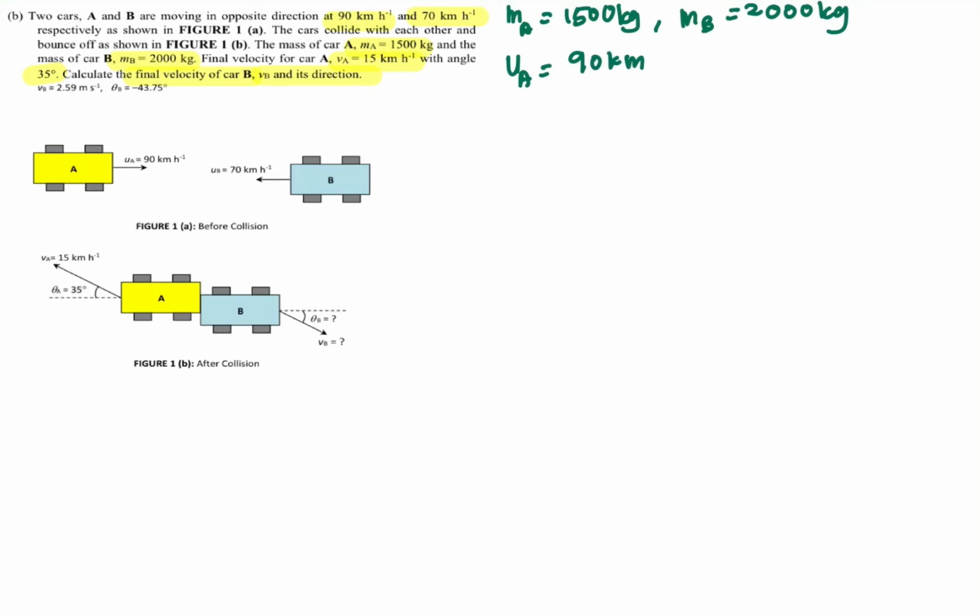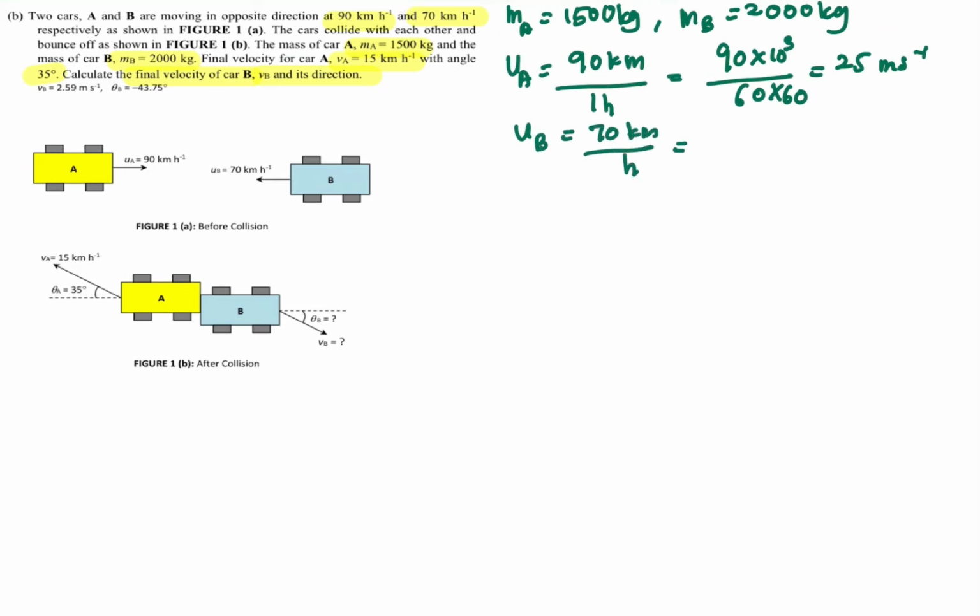What you get here is 90 times 10 to the power of 3 over 60 times 60, where you get 25 meters per second. And for UB will be 70 kilometers per hour, and you will get 70 times 10 to the power of 3 over 60 times 60,